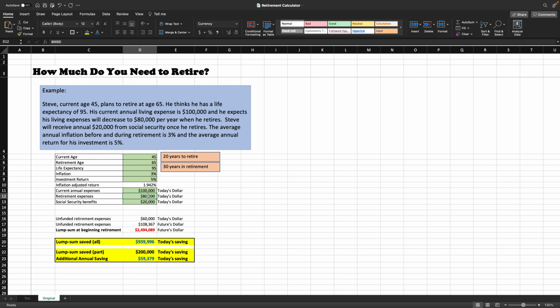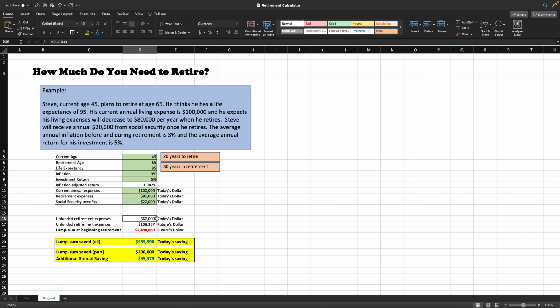So in retirement, $20,000 is funded by Social Security. Then $60,000 is unfunded, which means there's no pension or annuity or anything else to fund this $60,000. That's why we want to project how much to save today in order to achieve this $60,000